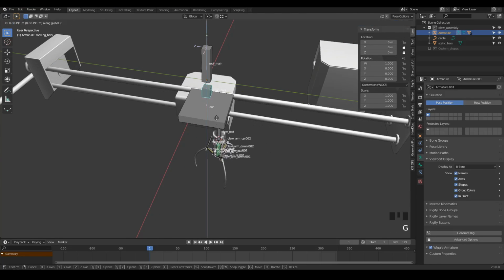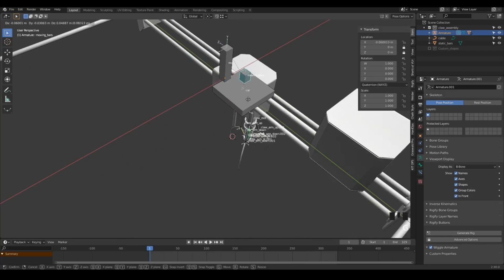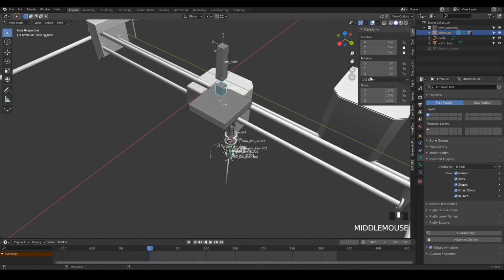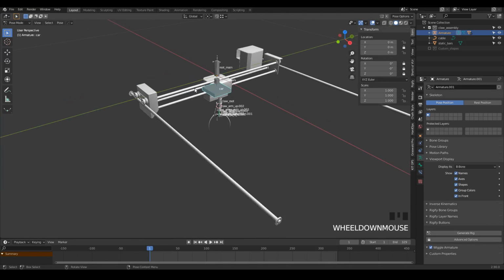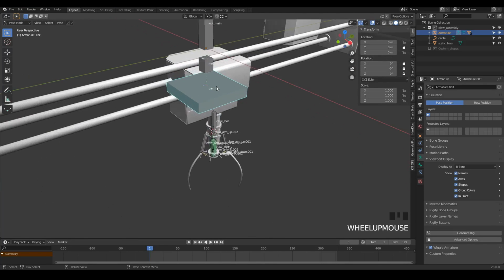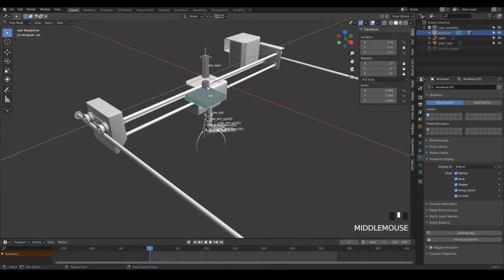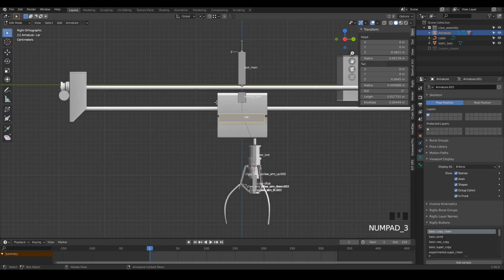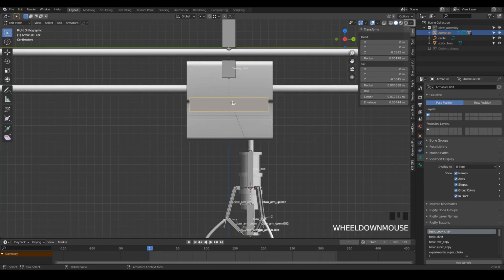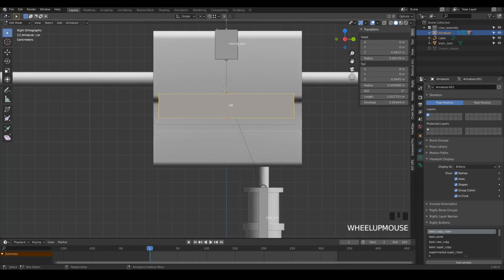They cannot move up, so now they only move in the x-axis, and also lock the rotation in all its axes. Another thing we can do to automate this movement of the car with these moving bars is to make another bone to control the two bones at the same time. So in edit mode, I'm going to go over here and place another bone here at the